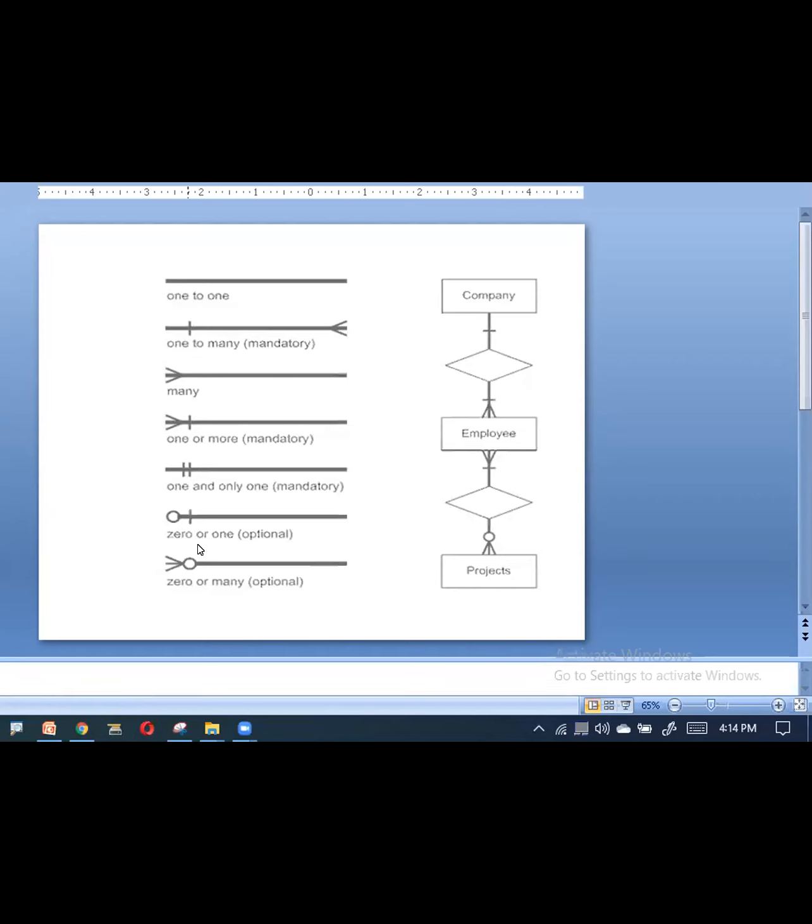Suppose you want zero or one, that is optional. If you have an option, it can have it or it cannot. In the case of a student, those who join this college or school should have only one account, because their scholarship and everything else will be linked to that one account. A student should not have more than one account. In that case I'll say it's optional: you may have the account, you may not have the account.